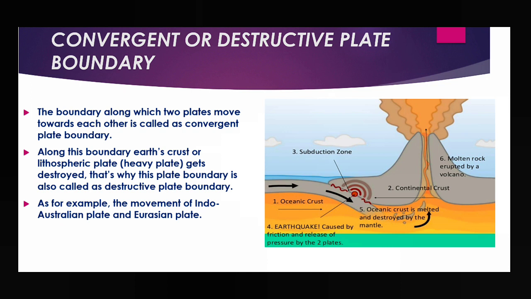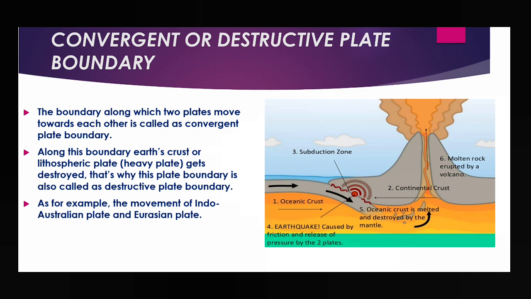volcanic eruptions are more powerful, because here the magma has to break, magma has to create a crack in the lithosphere. But in divergent movement, the two plates already move away from each other, a gap is already created, that's why magma comes out slowly, because it has already got the path to come out. But in convergent plate movement, when magma wants to come out, it has to break, it has to make a crack in the lithosphere.